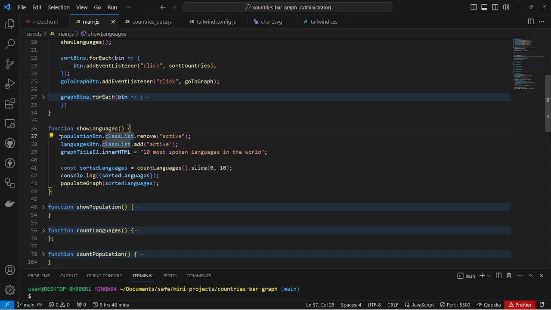So that's kind of what's happening here. Remove active from the population button, add the active class to the languages button. Then the graph title inner HTML should change. So, since it's languages, "10 most spoken languages in the world." Okay. And then